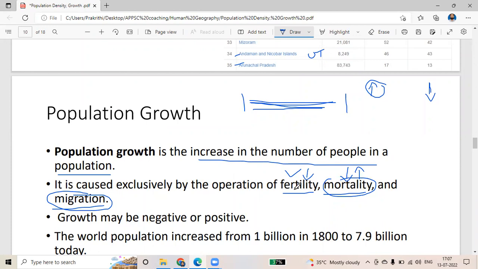If we take only fertility and mortality, that is called natural growth. If we take migration as well, then we will say it is the population growth rate, directly, all these three factors. Where will migration be more? Where there is development or there are some problems. With positive growth, or else with some negative issue, there will always be migration. So migration is one of the important factors which controls the population of a particular place.